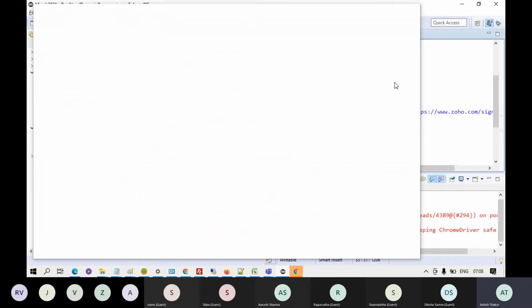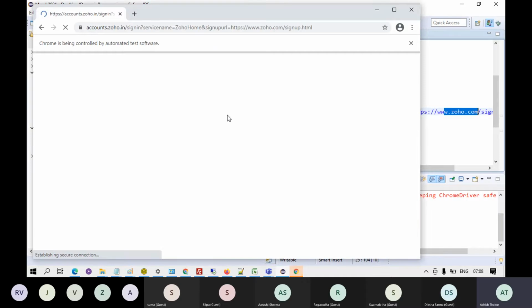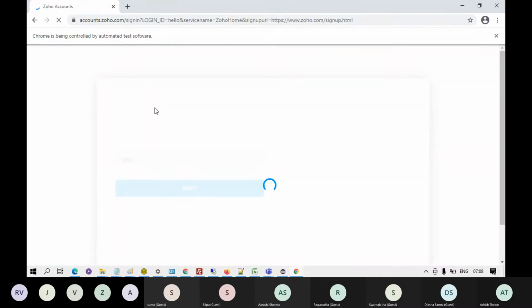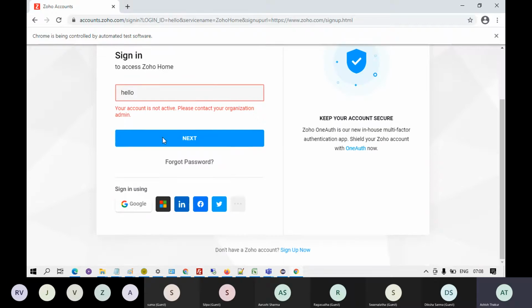For example, if you go to the same website, zoho.com, which we were using, right? And over here, you enter the username, and this text field had an ID. But suppose I want to read this text, sign in text or choose access Zoho account, right?